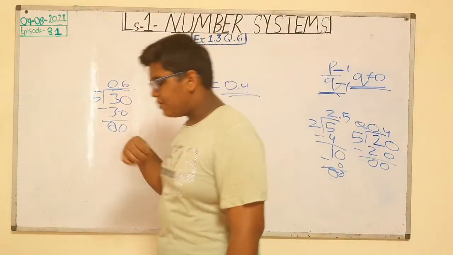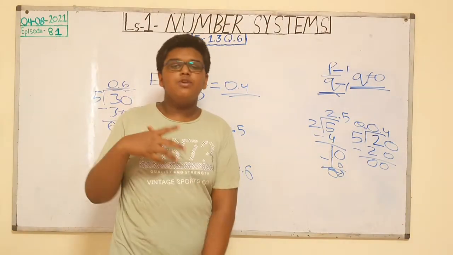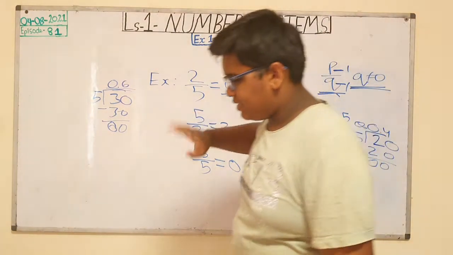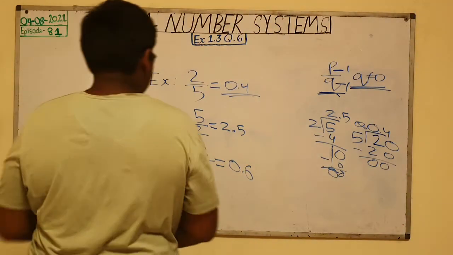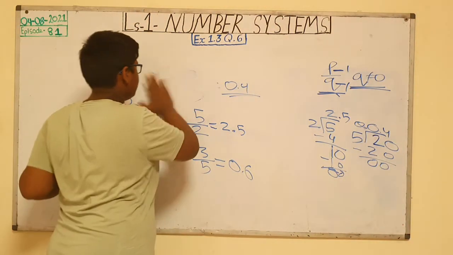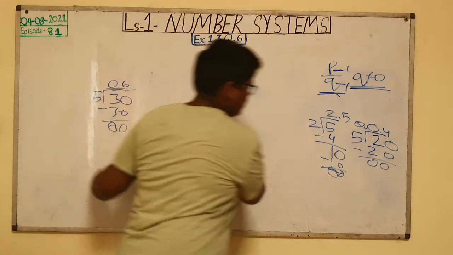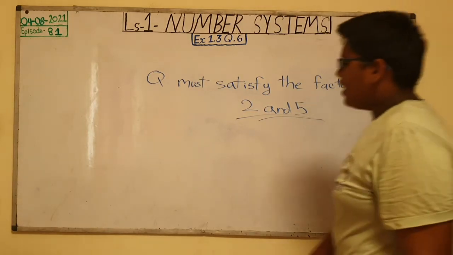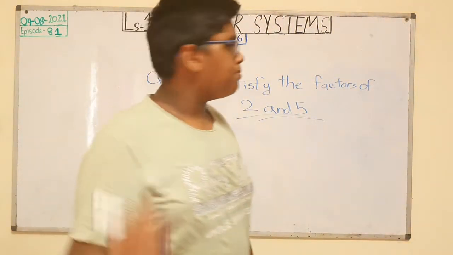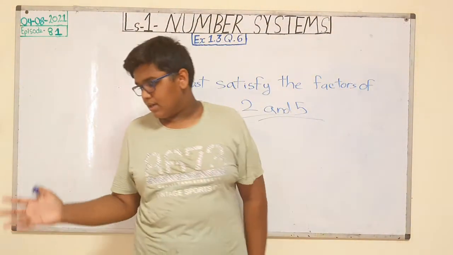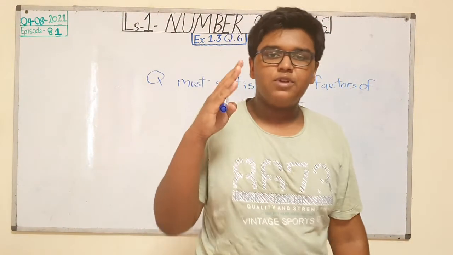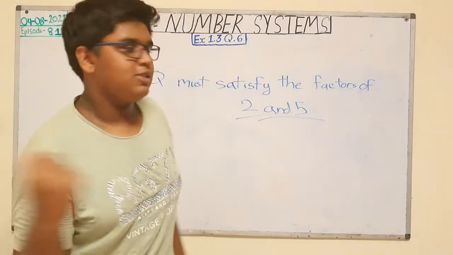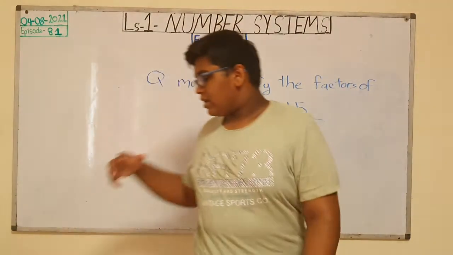Okay, now we have one more question. Can you guess what property q must satisfy? So that is our main question. I will give the answer to that question after erasing this. So let me erase this. Okay, so now I have done some examples of the rational numbers which have only the common factor of 1, and they are terminating decimal expansions. Now the question was, can you guess what